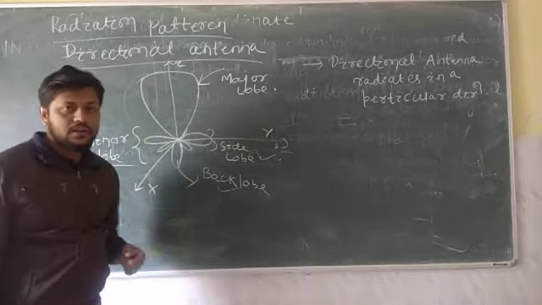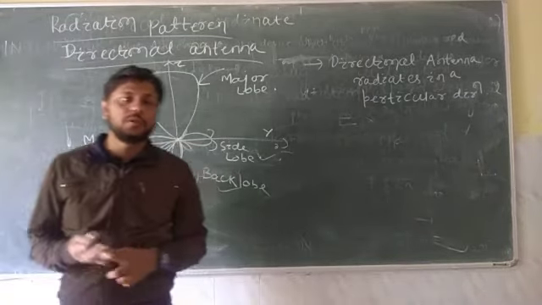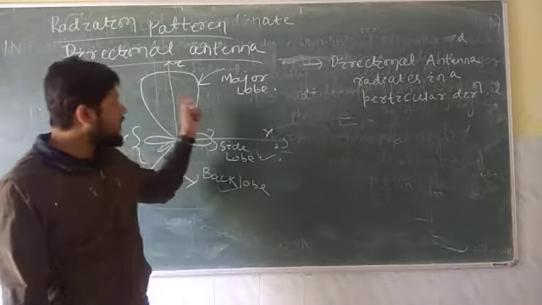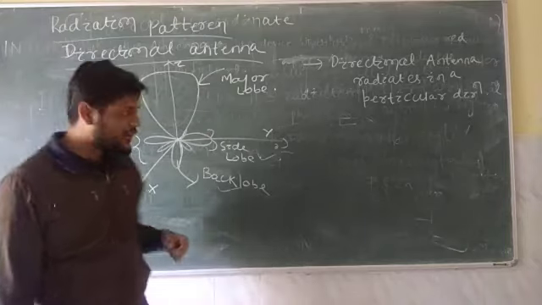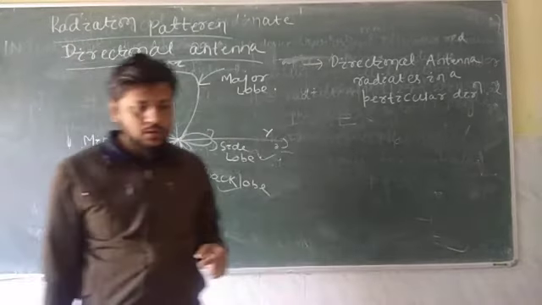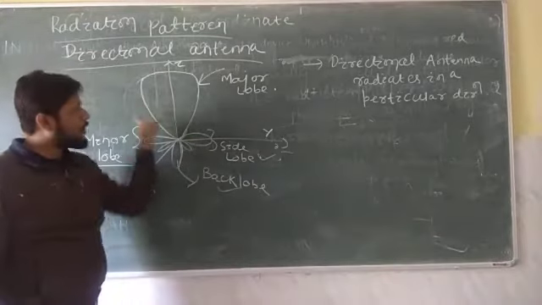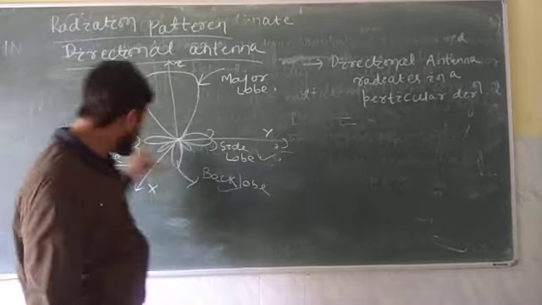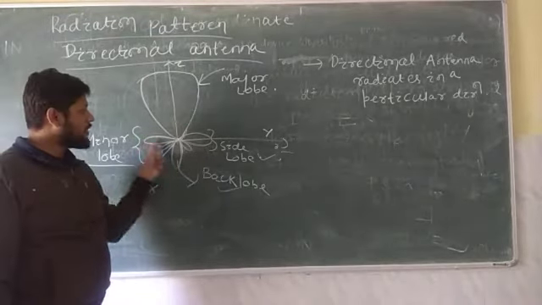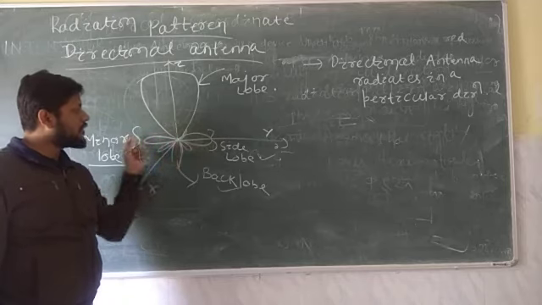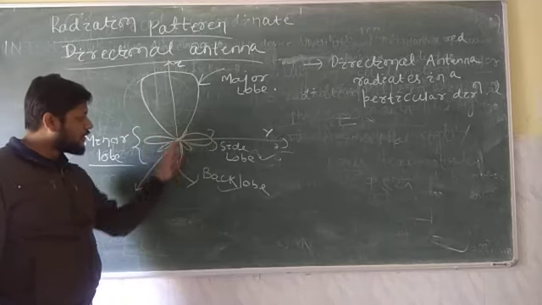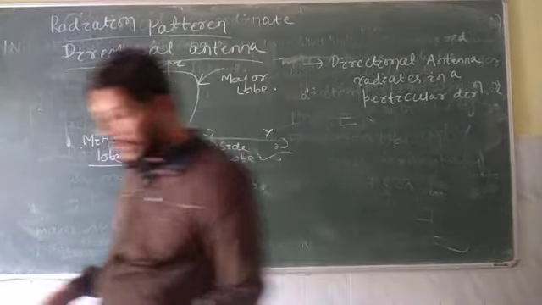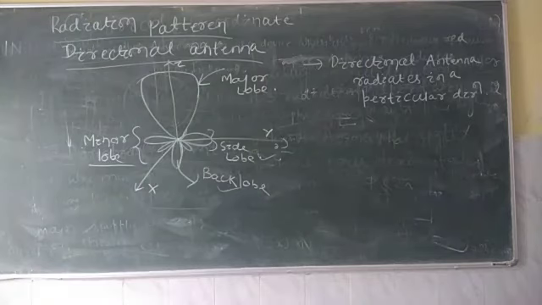This type of antenna covers all your practical antennas, maybe your Yagi-Uda antenna, horn antenna, parabolic reflector, dish antenna. They all radiate in a particular direction. So this is known as your major lobe, and the remaining lobes are known as side lobes or minor lobes. The minor lobes are classified again into two types. This is known as your side lobe, as we can see from the figure, and the lobe formed exactly opposite is known as your back lobe. Next we will see some other parameters.